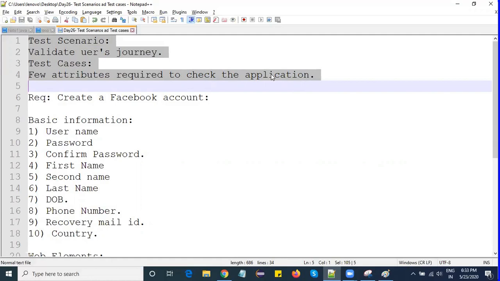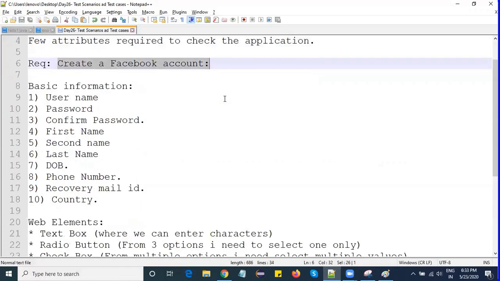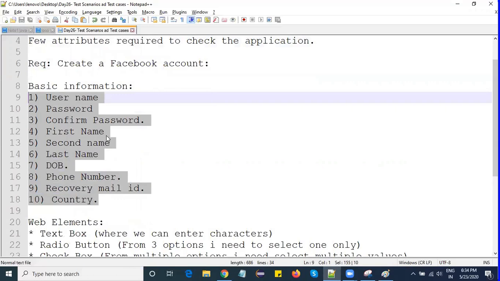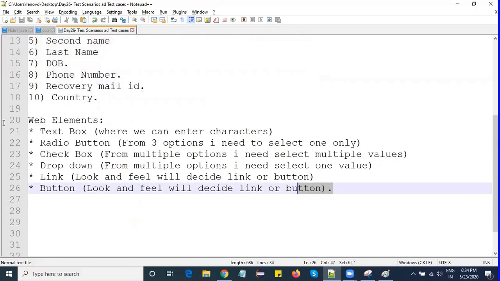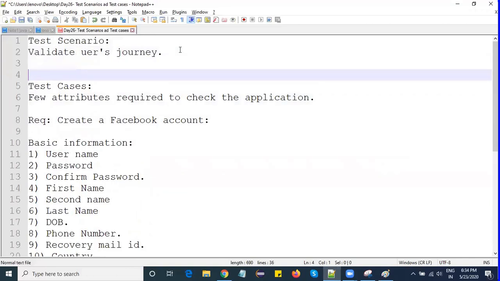And we know the requirement: I need to create a Facebook account. For creating any account, I should have basic information like this. We have also learned what web elements we have. So from these web elements, I need to write the test scenarios and test cases. I've written them in the notes section in previous sections, right?